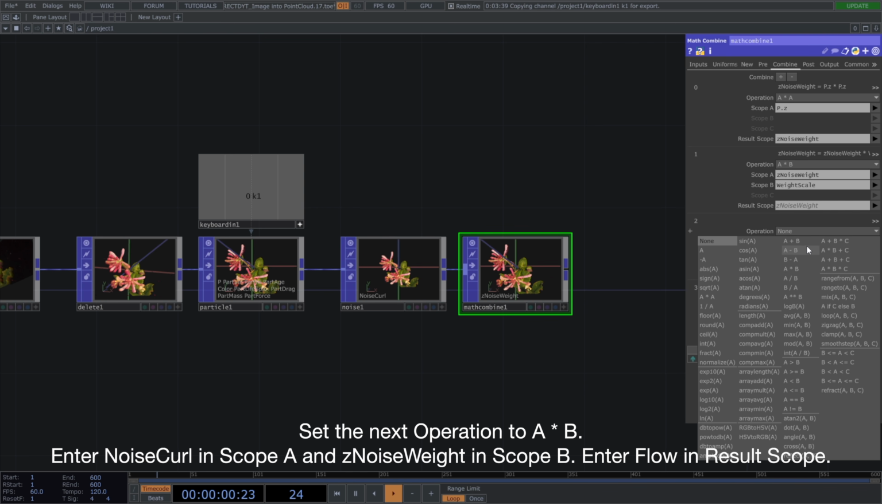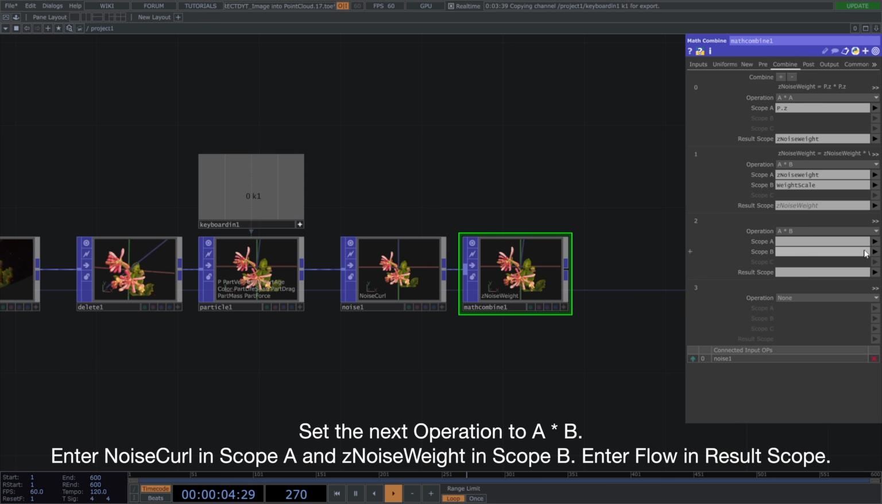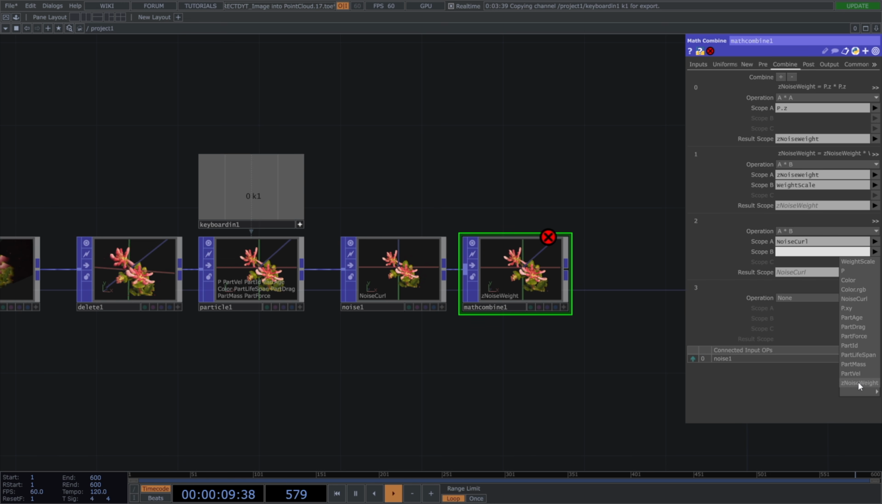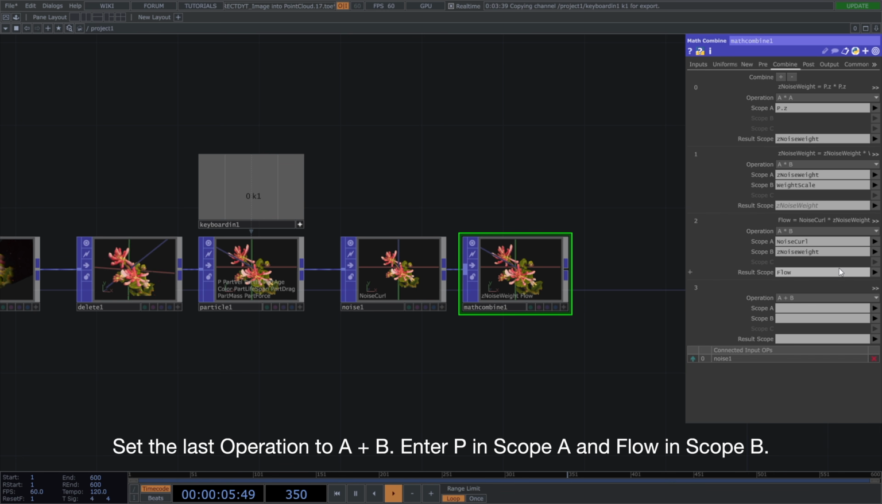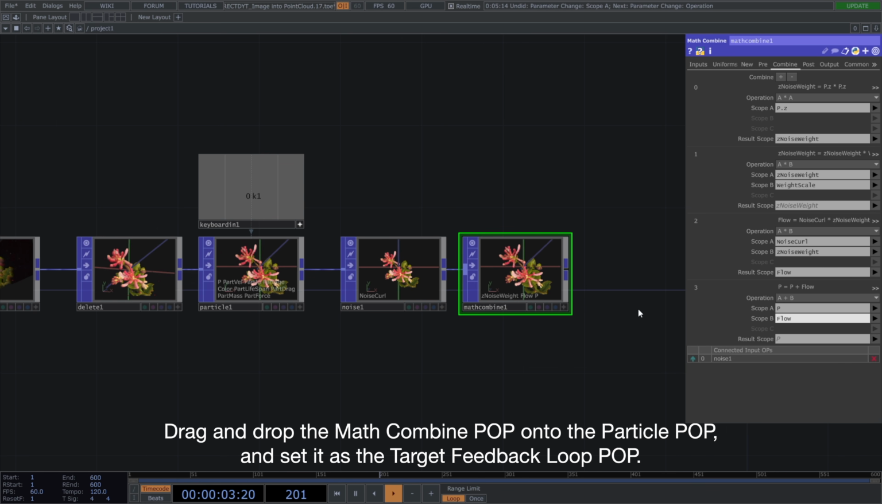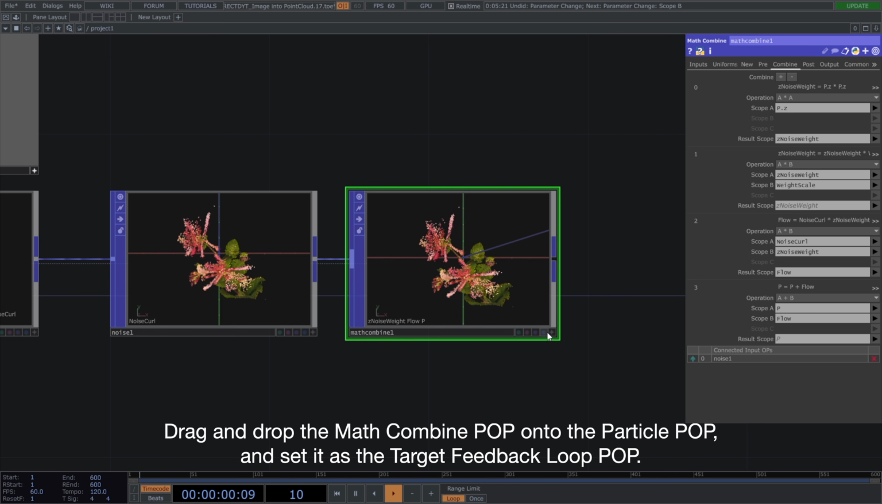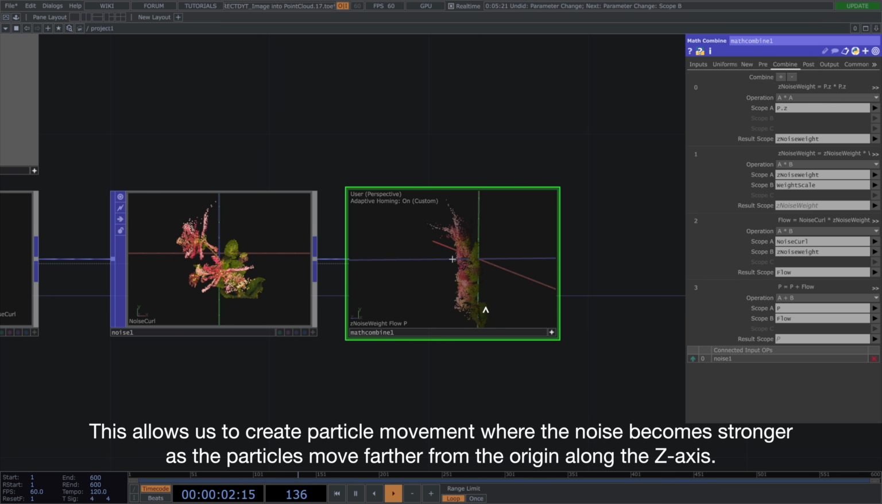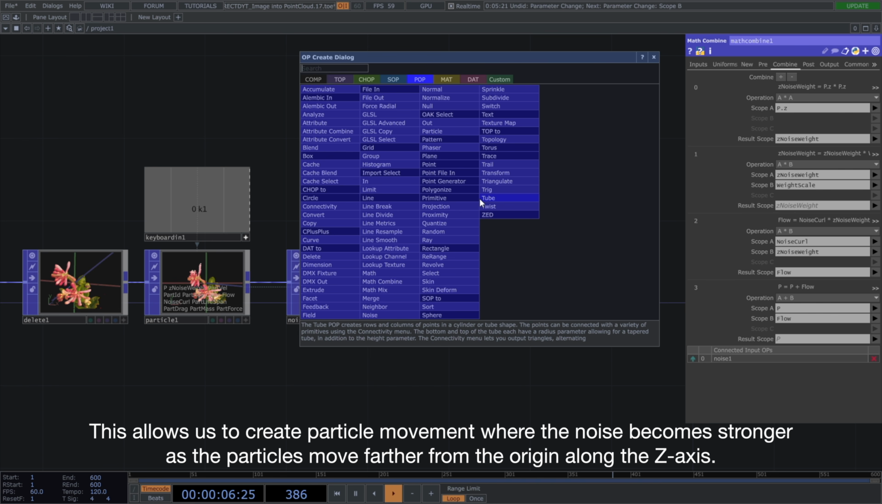Set the next operation to A*B, enter noise curl in scope A and z noise weight in scope B, enter flow in result scope. Set the last operation to A+B, enter P in scope A and flow in scope B. Drag and drop the math combine POP onto the particle POP, and set it as the target feedback loop POP. This allows us to create particle movement where the noise becomes stronger as the particles move farther from the origin